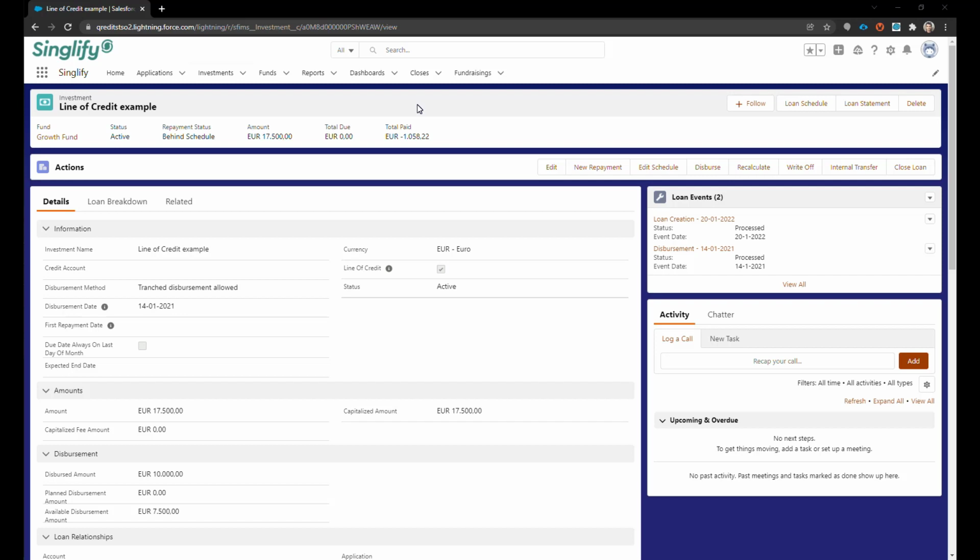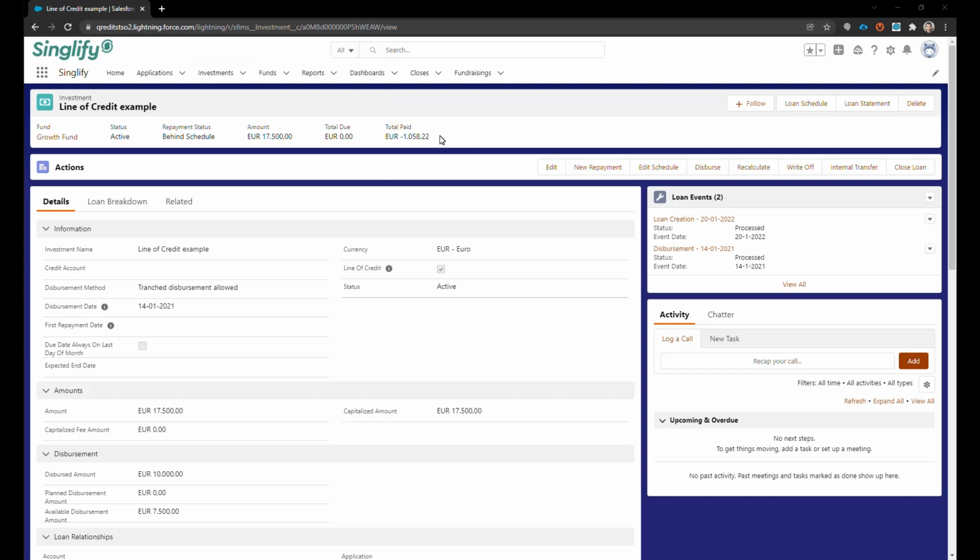So what we've added in this release are charge transactions, as we call them. The charge transactions enable you to periodically charge your customers interest and or monitoring fees that have been calculated on the line of credit. In order to configure charge transactions,